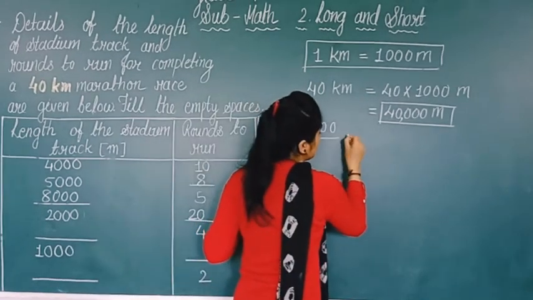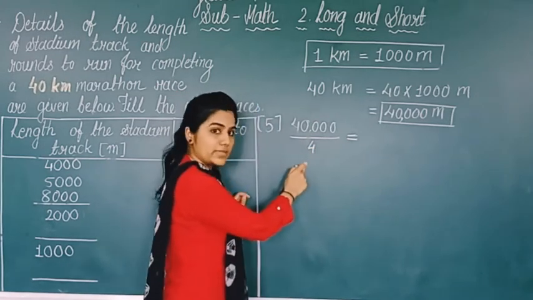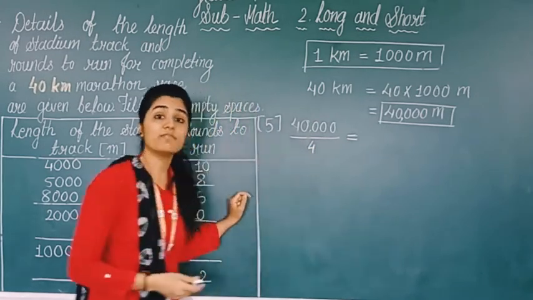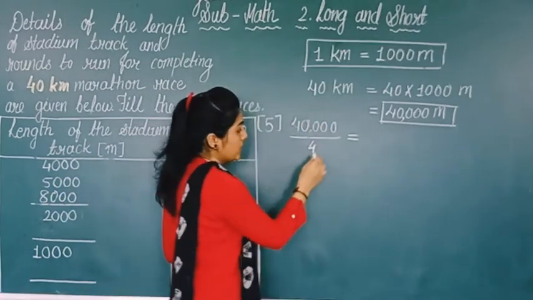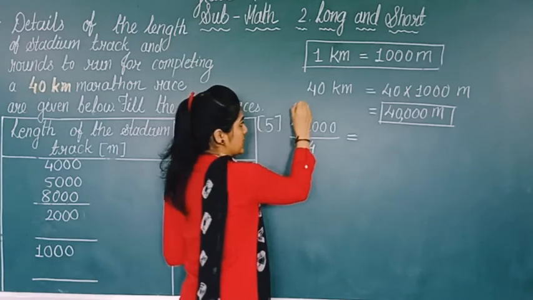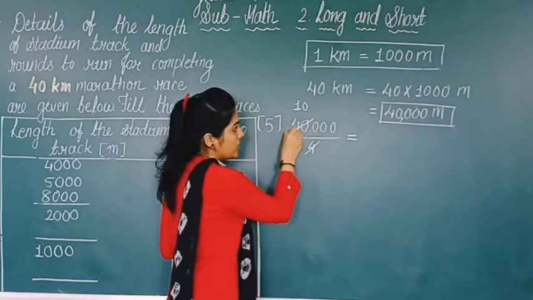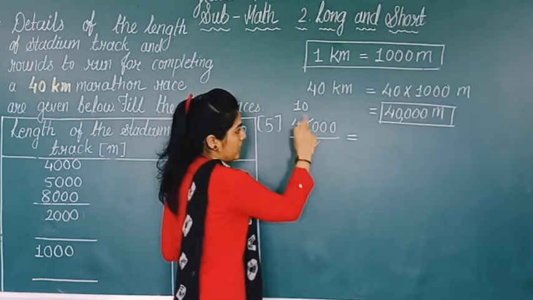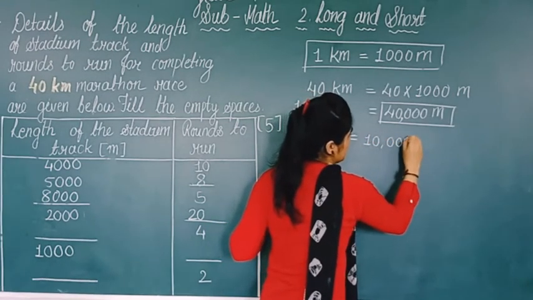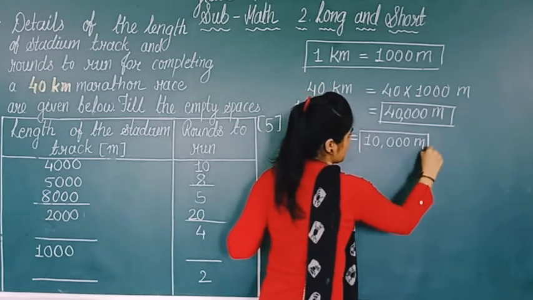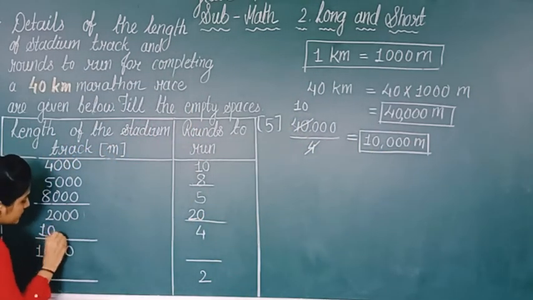So डायरेक्ट अगर आपको आता है तो आप कर सकते हो, लेकिन आपको 4 का टेबल याद करना पड़ेगा. कैसे? 4 10s are 40, राइट? अगर हम ये 40 की बात करें, सिर्फ ये 40 की बात करें, तो आपको याद करना पड़ेगा कि 4 10s are 40. That means you have to cut this 4 and 40. That means you got this 10 and backside 3 zeros. So your answer is 10,000 meter. Correct? That means our answer is 10,000 here.